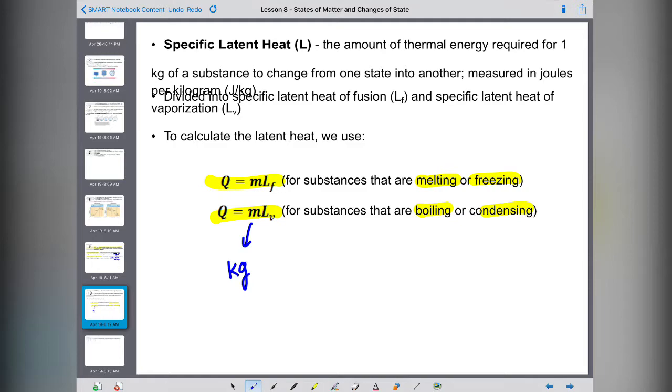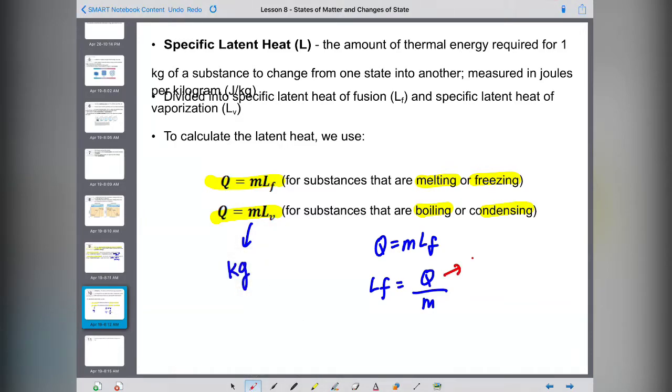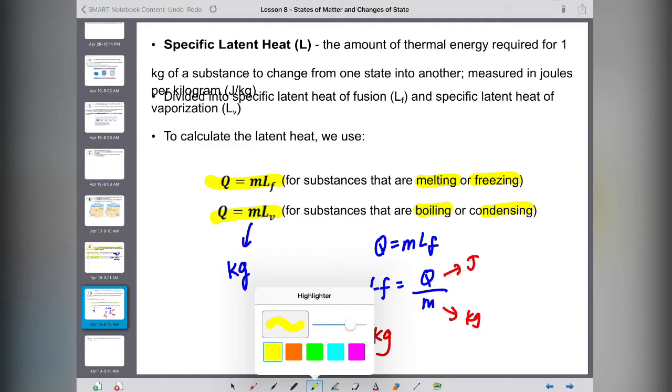One easy way to tell is if Q equals mLf, I'm just going to do Lf. If I rearrange the equation for Lf, it's going to be heat over mass. And I know that Q is measured in joules and mass is measured in kilograms. So the unit for Lf would be joules per kilogram. On the other hand, what that means is you can actually look at the definition. What does that mean? Specific